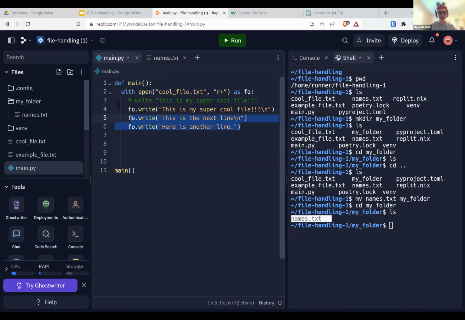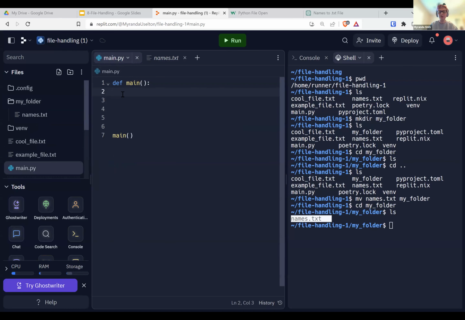So now we have names.txt, but it's in this folder here. So how that will change our workflow up here is if we want to read that, we say with open, my_folder/names.txt, and we want the permission r as fo. So the difference here is that we have to add that relative path.